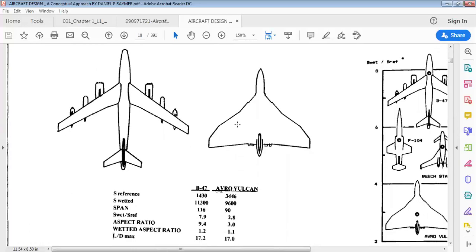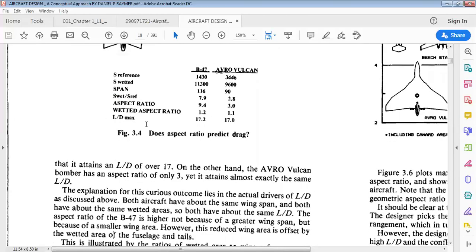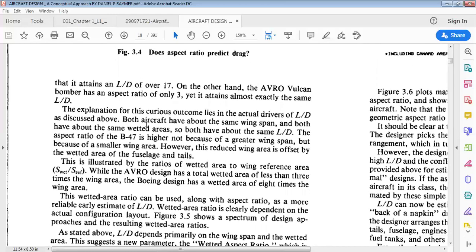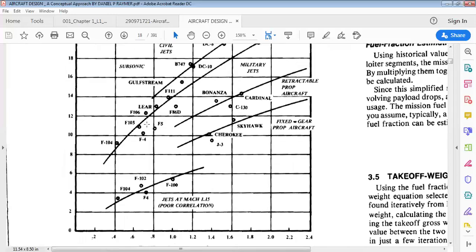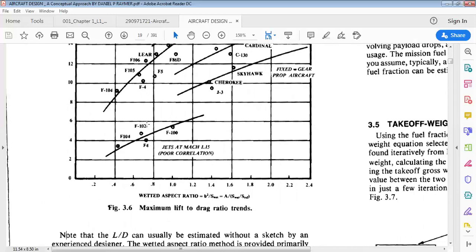And you can see how it looks. This is called wingspan. Remember, this end to this end, this is called the total wingspan of an aircraft. This is called surface area. Understood? And also we will call it the wetted surface area. Here you can see it is called the wetted surface area. It means the area which is exposed to air, that is called wetted surface area. Okay. So according to that, for different types of aircraft, L by D is taken as lift to drag ratio, or aerodynamic efficiency, I will call it. It's called aerodynamic efficiency.